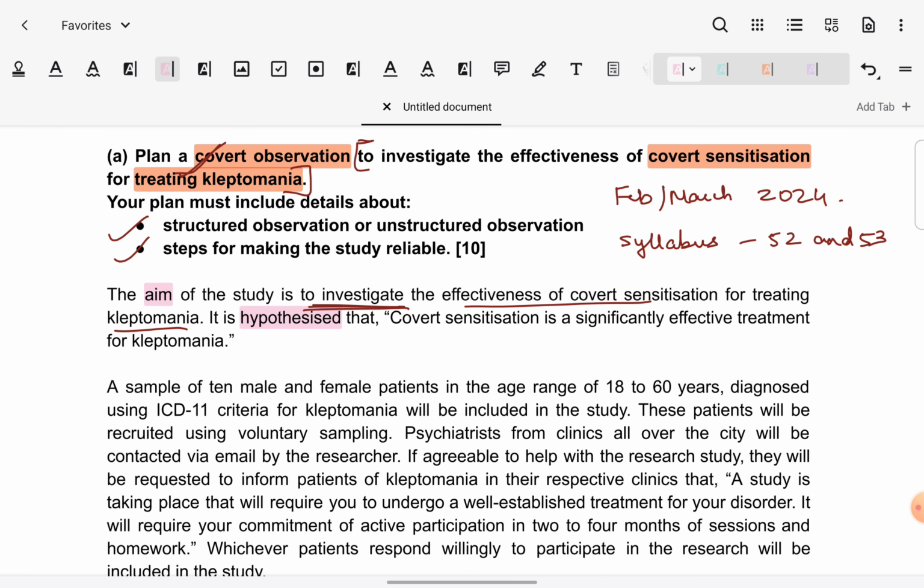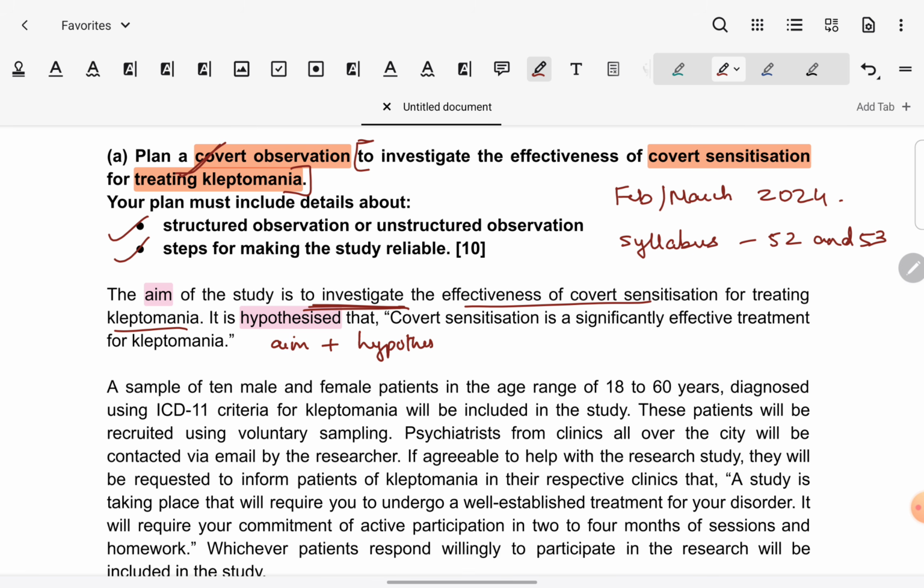So in my opinion, simply design an observational study. Don't complicate it and introduce an experimental element into it. I have not done that. Okay, so here in this paragraph we have covered the introduction, which has to be there for any study regardless